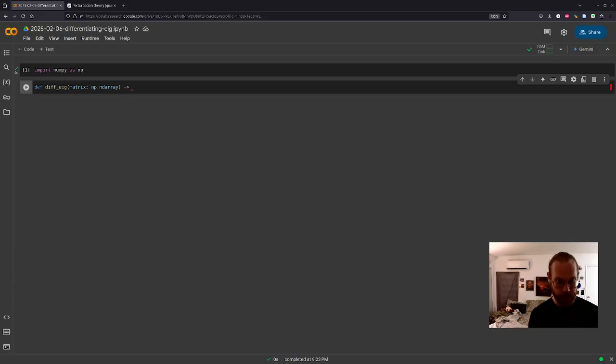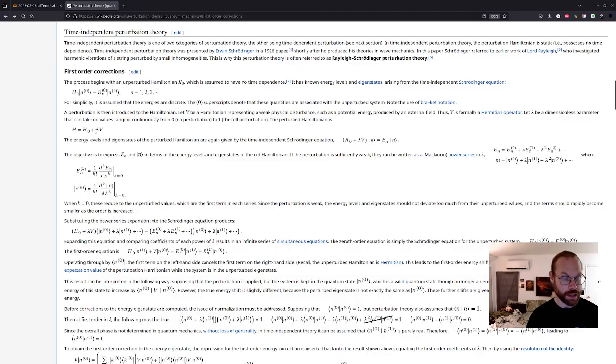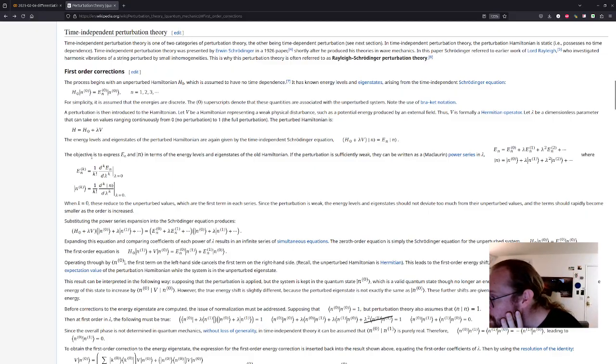And at this point, I guess I just want it to return, oh, it needs to take a matrix, and then it needs to take a bunch of perturbations. So if you look at the perturbation theory page, the way we're going to calculate these derivatives is we're going to look at the difference.